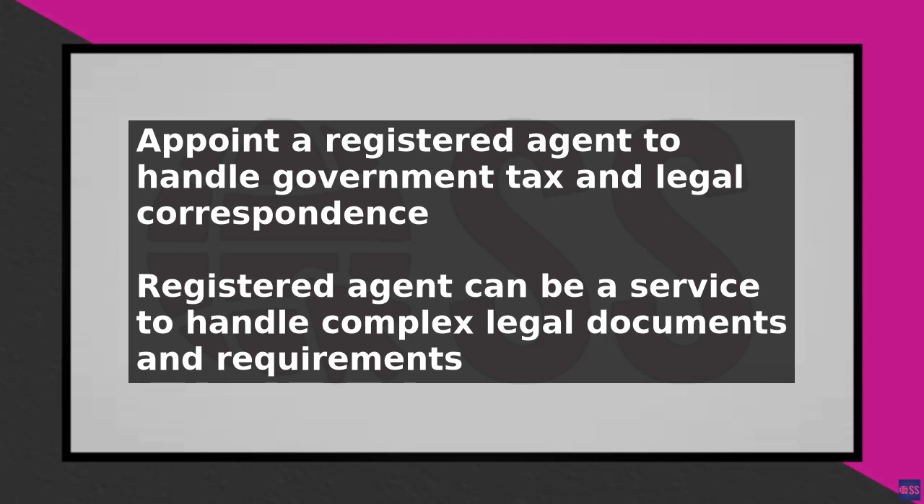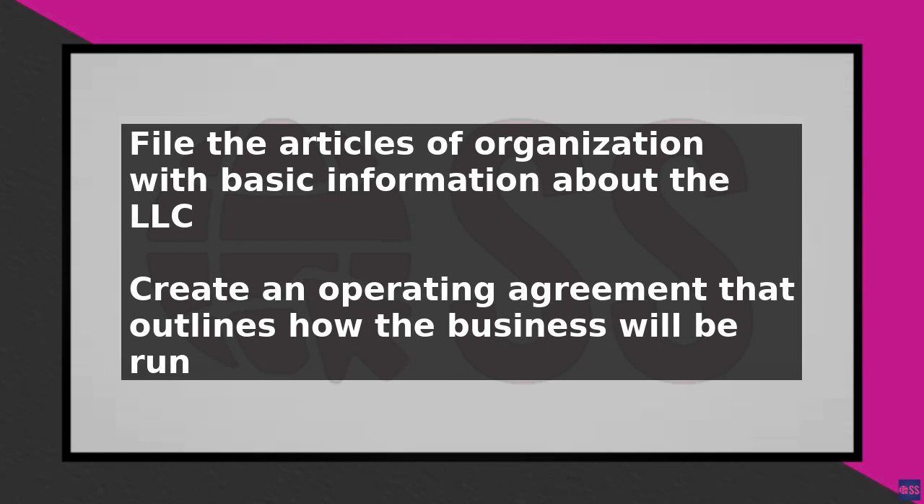After appointing a registered agent, the next step is to file the articles of organization, which include basic information about the LLC, such as its name, address, and purpose. The articles of organization can be found on the New Mexico official website, and a state filing fee of $50 must be paid. Following the filing of the articles of organization, an operating agreement should be created, which is a contract that outlines how the business will be run, including the distribution of profits and the authority to bind the